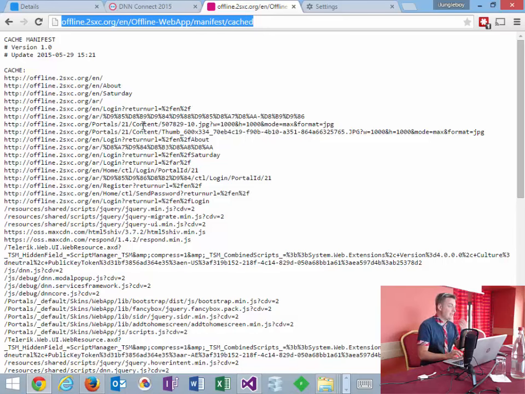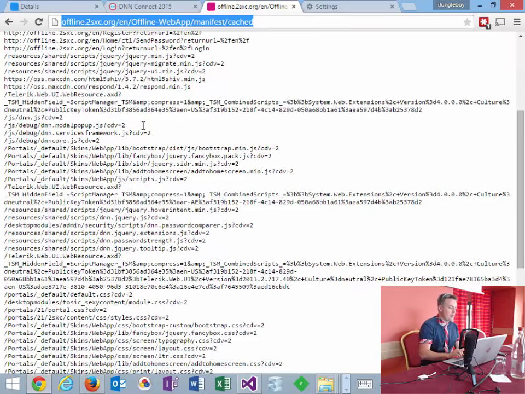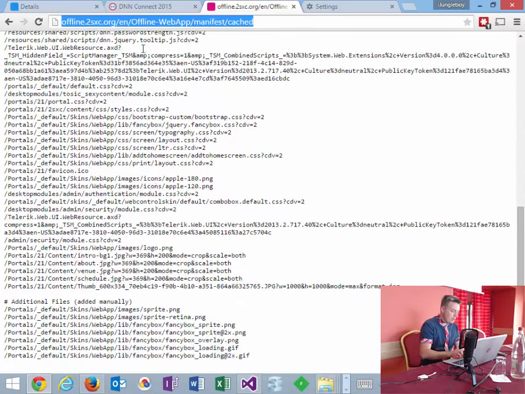mode. For example, this is a slightly older version of DNN. It does not have the no follow on the login links yet, so this cache manifest includes those as well. For the customer that we're doing this for, it's on a newer DNN. It has no follows on the login and register stuff, so those don't appear anymore. So it's just a text file,